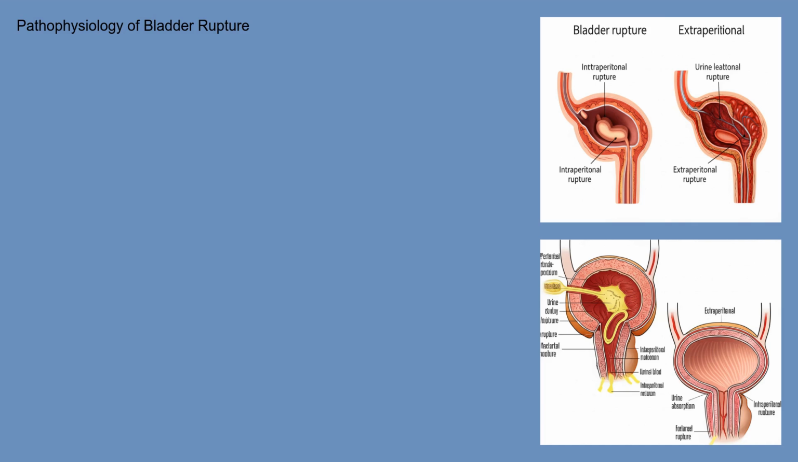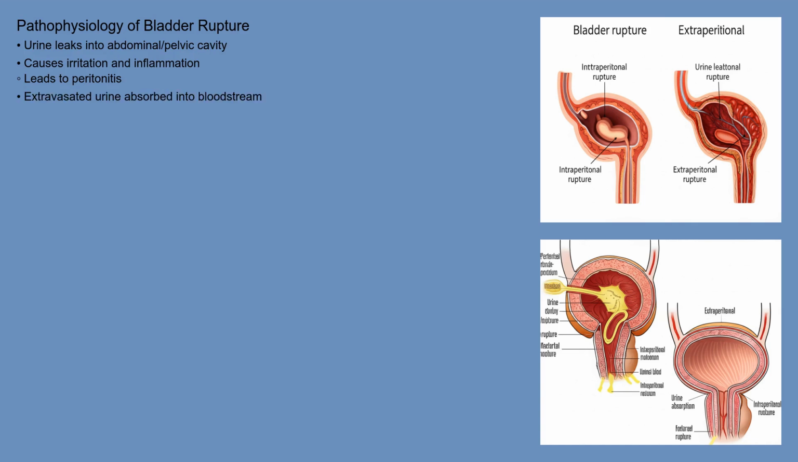The pathophysiology of bladder rupture depends on the location and extent of the tear. When the bladder ruptures, urine leaks into the surrounding abdominal or pelvic cavity. This leakage causes irritation and inflammation of the peritoneum, the lining of the abdominal cavity, leading to peritonitis. The extravasated urine can also be absorbed into the bloodstream, potentially leading to electrolyte imbalances and kidney injury. In intraperitoneal ruptures, the urine directly enters the abdominal cavity, while in extraperitoneal ruptures, it remains confined to the pelvic